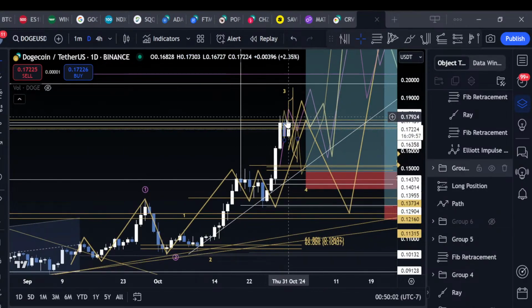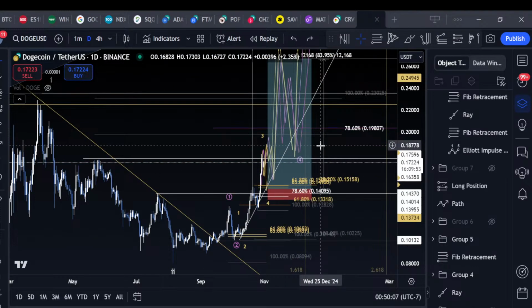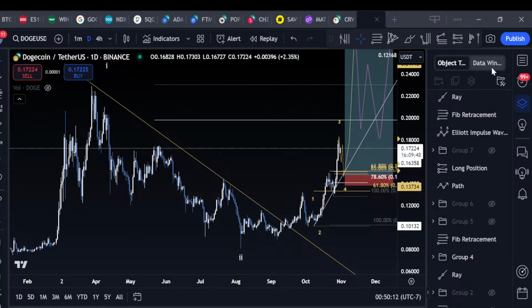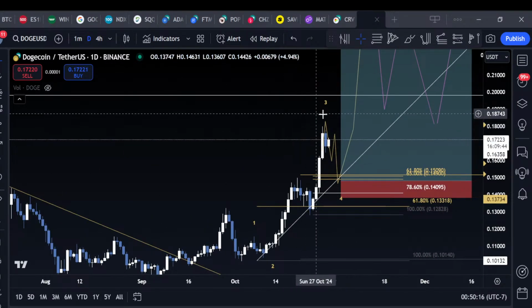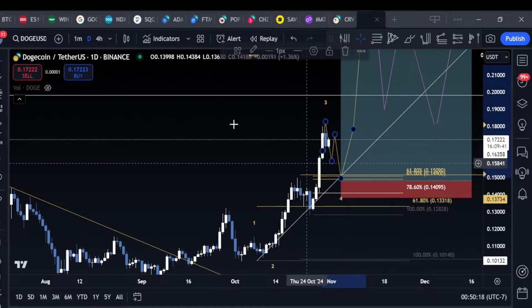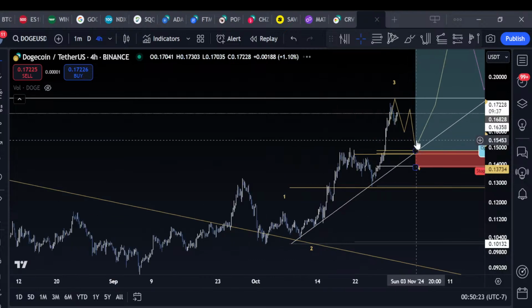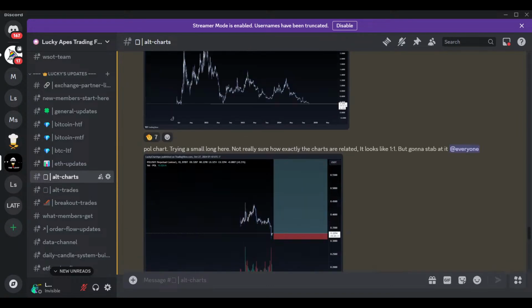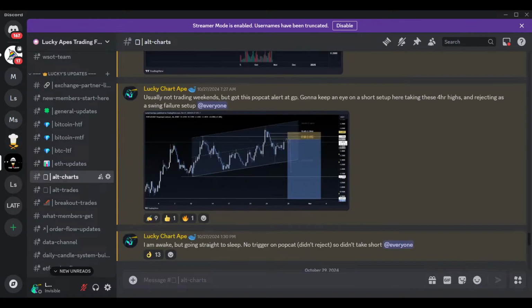I'm not going to long up into this high here, but let me talk about some of the long setups I would be interested in. Let's just go back so I don't have to find all these folders. There's two setups. One being we sweep this high, we come back down and we retest this ascending structure into the GP. This is a log scale setup. You will find I do a lot of updates in the Discord.